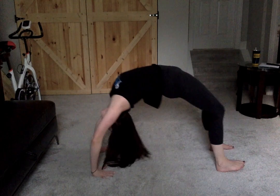Now, if you can do your bridge, you're going to lay down on the floor. Feet go out in front of you. You're going to lay back and put your hands right by your ears in what we call our pizza hands. And you're going to push up tall to your bridge, okay? So this next one, we're going to hold our bridge for 1, 2, 3, 4, 5, 6, 7, 8, 9,